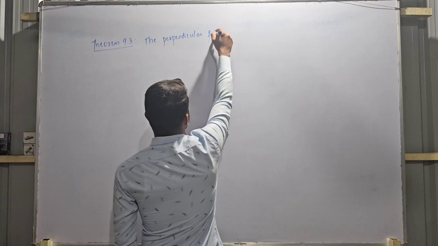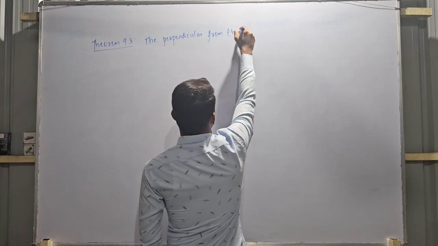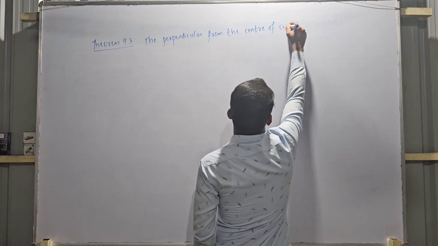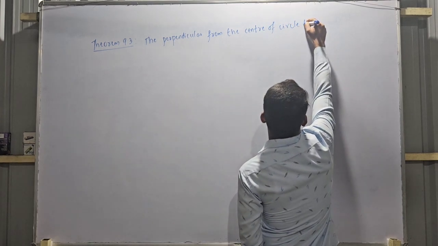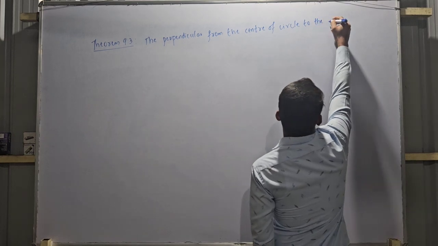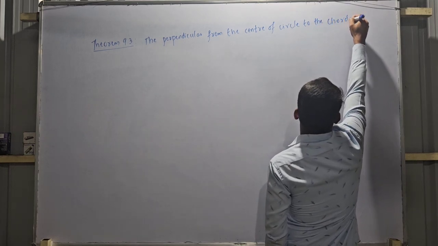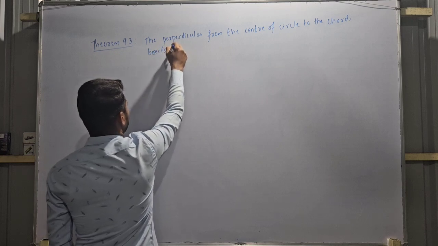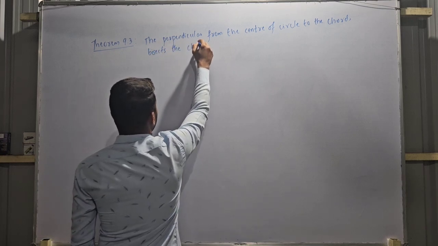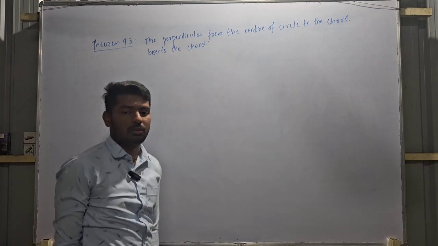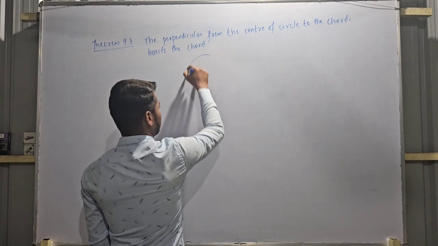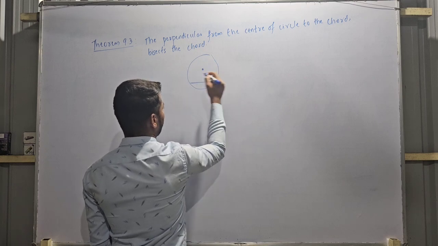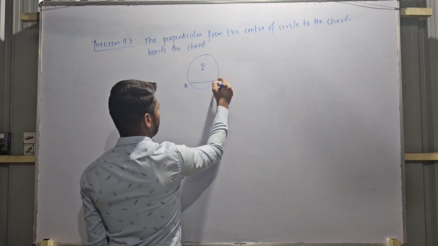from the center of a circle to the chord bisects the chord. What is the meaning of bisecting the chord? Again, take a circle, we have a chord and we have a center here. Center O, chord AB, suppose,